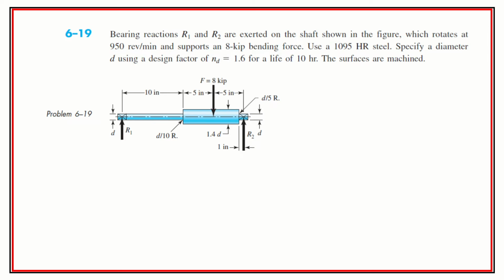I think it's the same problem in both the 10th and the 11th edition of Shigley. And so we have these bearings or this shaft. It's rotating, but for some reason the force remains constant right here of 8,000 pounds. And it's rotating at 950 RPM, and it supports this 8,000 pound load. And we're going to use 1095 hot rolled steel. And our goal is to specify a diameter using a design factor of 1.6